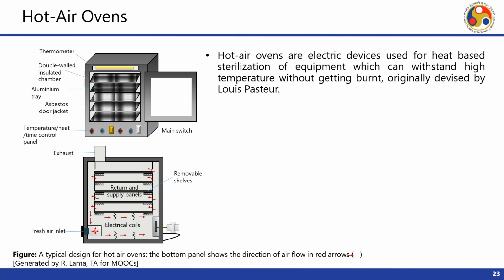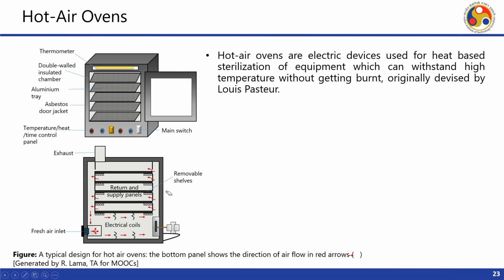Let us now discuss the hot air ovens. So, here you can see a diagram of a hot air oven, which has a double walled insulated chamber, and then we may have some metallic trays, often aluminum trays, but we can also have stainless steel. Then we have an asbestos door jacket. Then we have a temperature and time control panel and a main switch, and then we also have a thermometer through which we can know how much